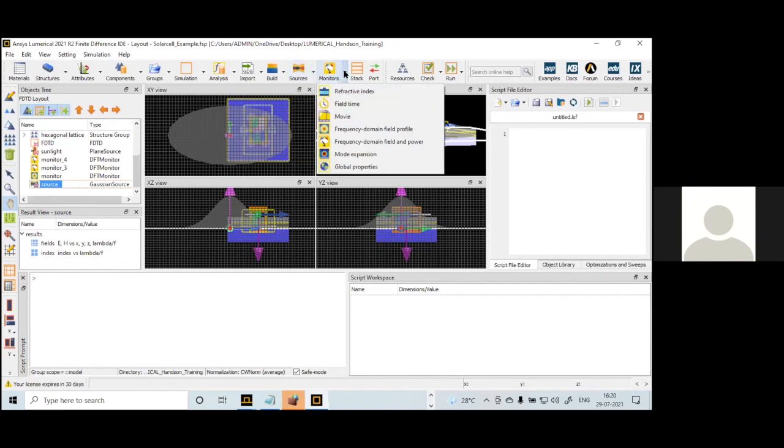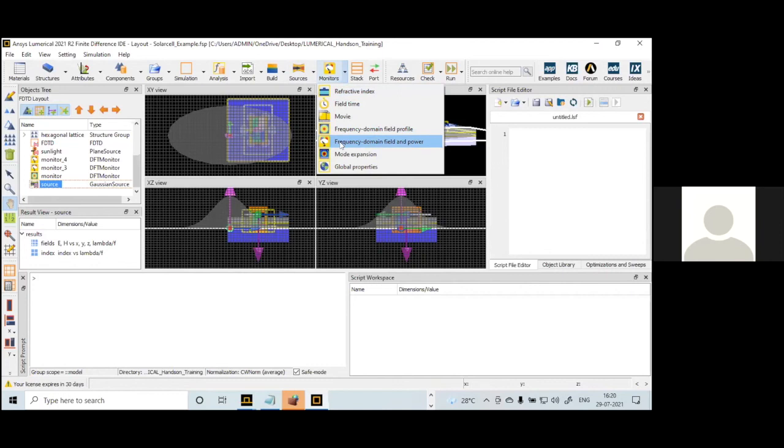As I told, to collect the transmittance we have to use these power monitors, represented here as frequency domain field and power monitors. If you place two monitors at different positions, you can find the reflectance also by using the formula.